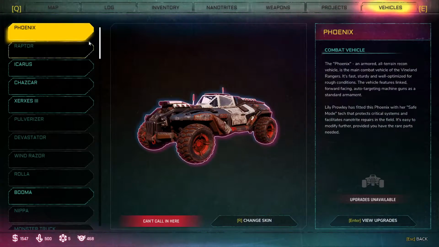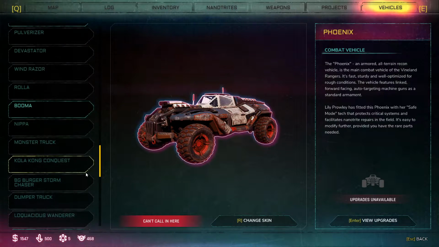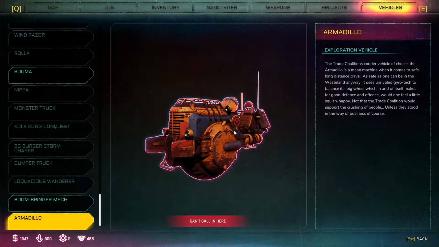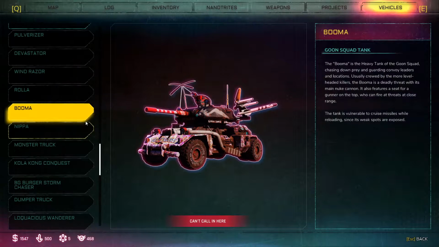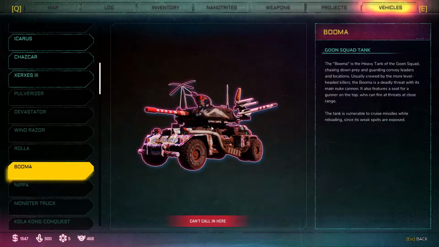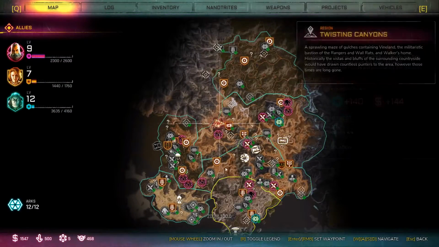Here, we can unlock various vehicles as you roll through your Rage 2 journey. To unlock some of these vehicles, you do have to take on certain bosses throughout the game. So, for example, to unlock the Armadillo, we took on a giant worm, which was a real pain in the butt to defeat. But once we did, we unlocked the Armadillo, which, quite frankly, isn't actually that good in my opinion. You can also unlock different vehicles by stealing them and returning them to one of the several main key